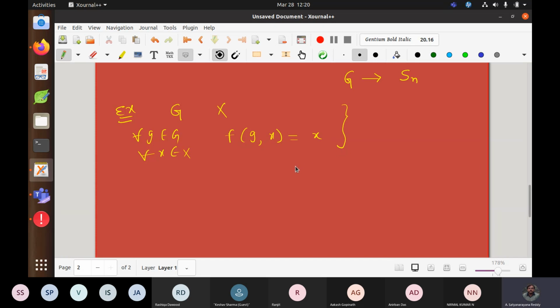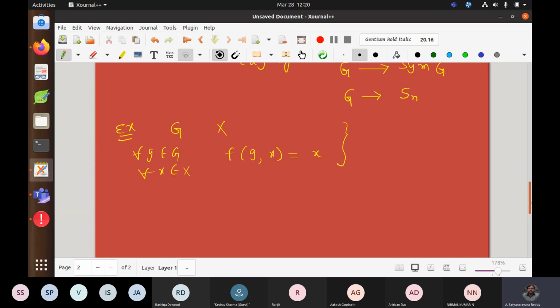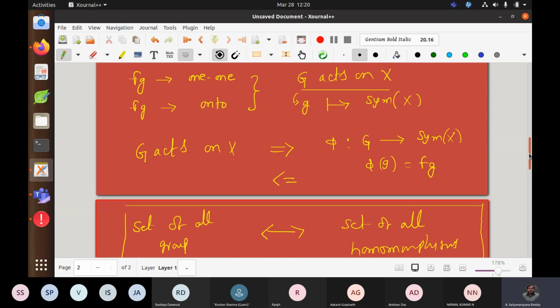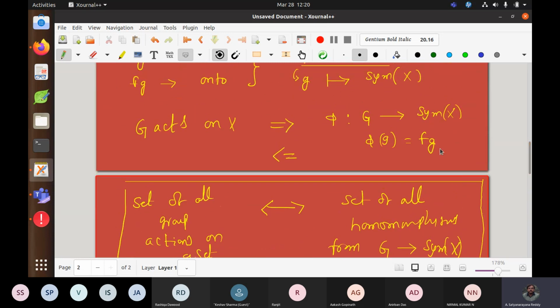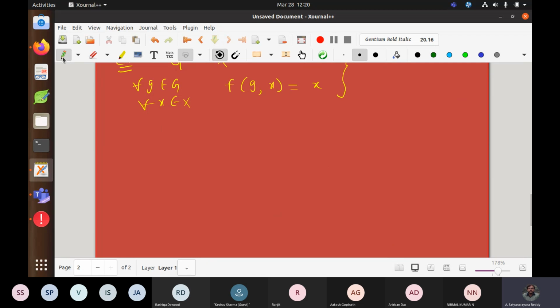Is it okay, Keshav? Yes, sir. So this is also a group action. Here every element is an actual identity element. It is also a homomorphism from G to the symmetric group of X, but every element is mapped to the identity. So you can ask: if we have two groups, mapping every element to the identity is also a homomorphism, so what is the corresponding group action? That is this. These are the things related to the group action definition.